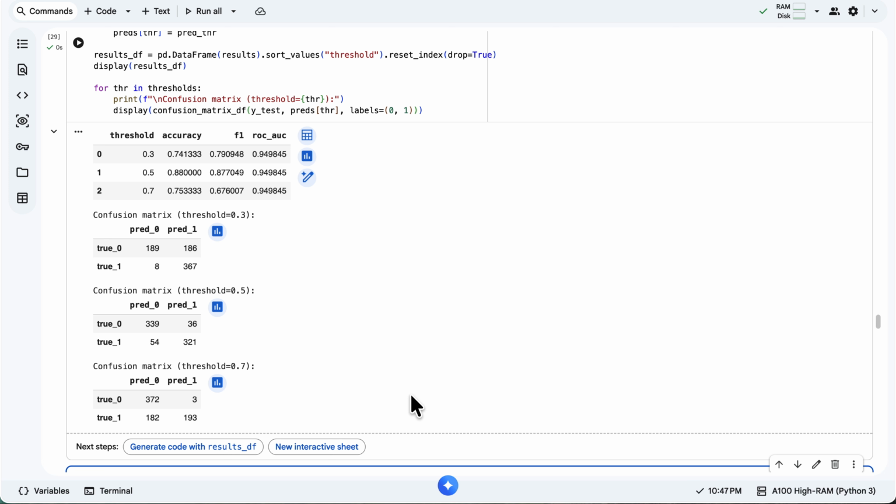At threshold 0.5, you typically get a more balanced trade-off. The key takeaway is simple. Threshold selection is not model training. It is business decision design, and you should choose the operating point that matches the cost of mistakes in your